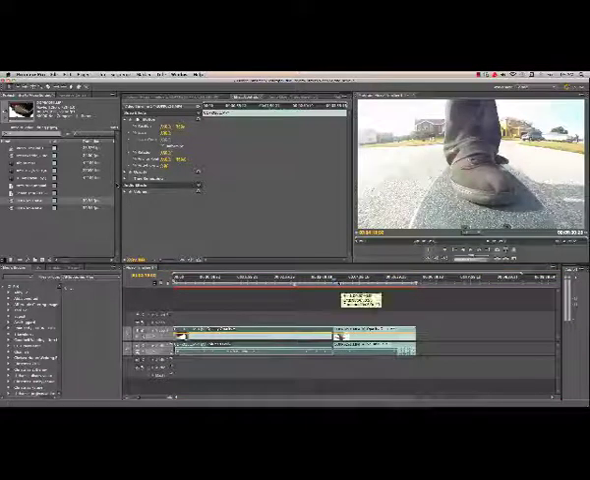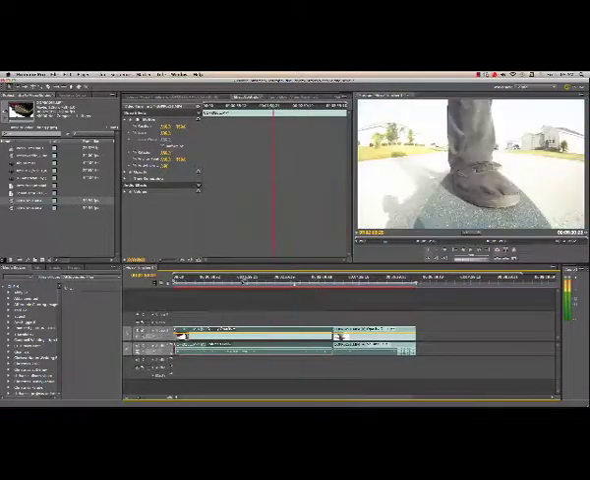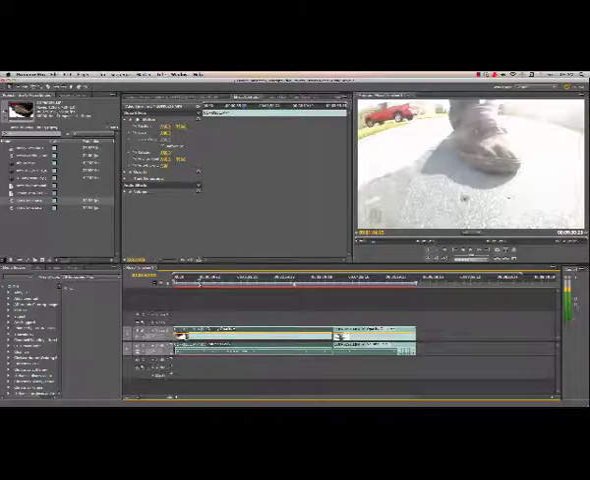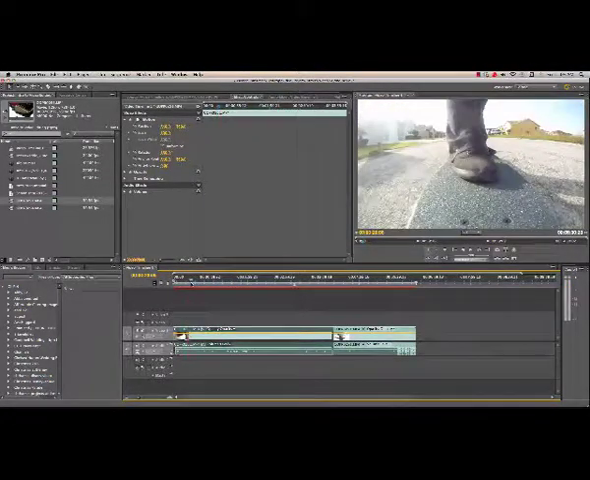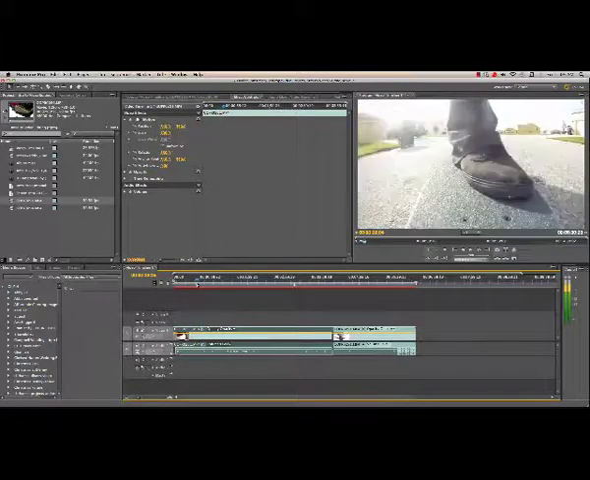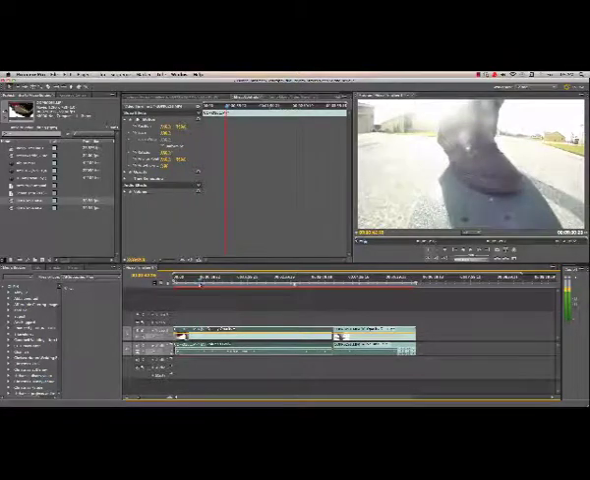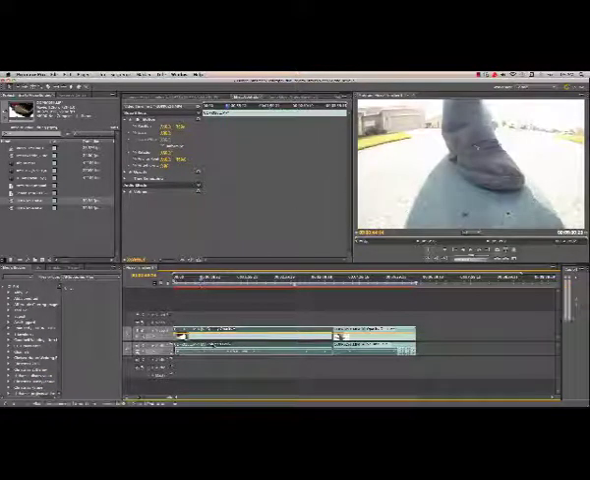So you can chop up long pieces of video, and it hasn't deleted anything yet, so I want to go back to the beginning, and I like it up to about right there. So I'm going to use my razor tool again